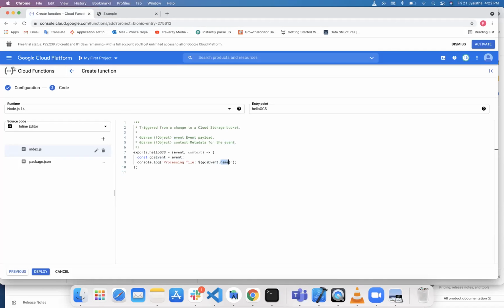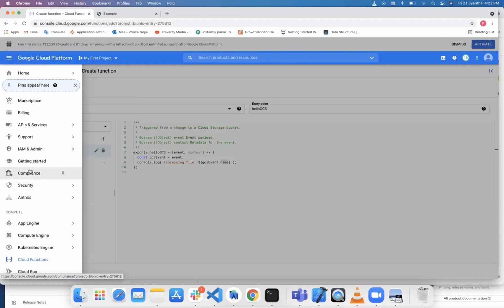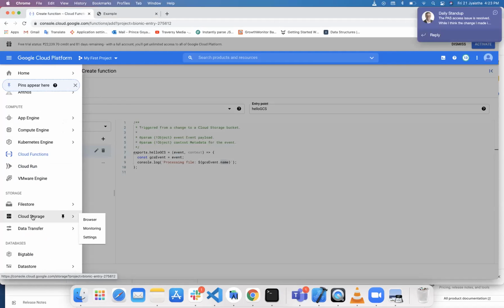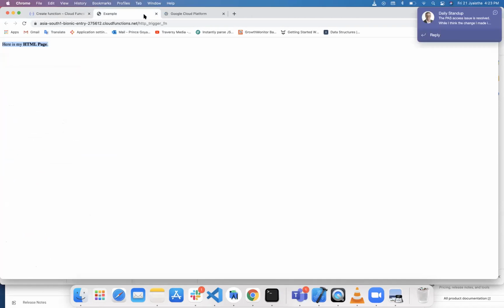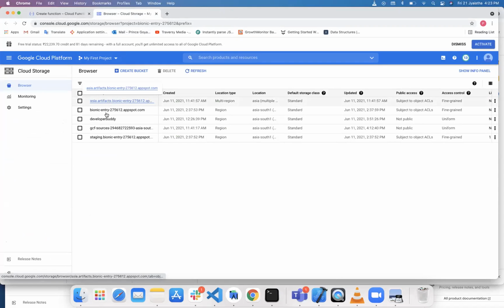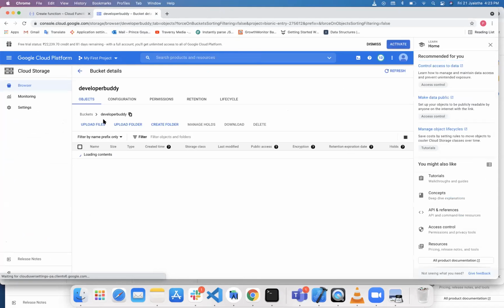So let's open Cloud Storage. On Cloud Storage, I have this developer buddy bucket.